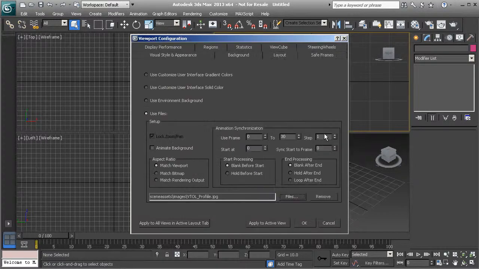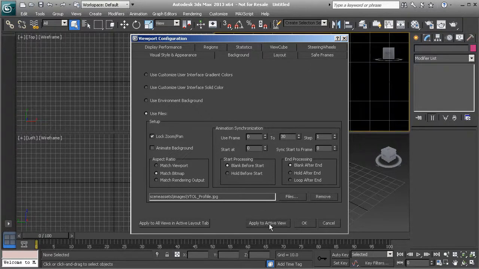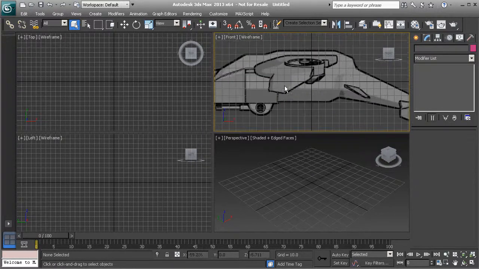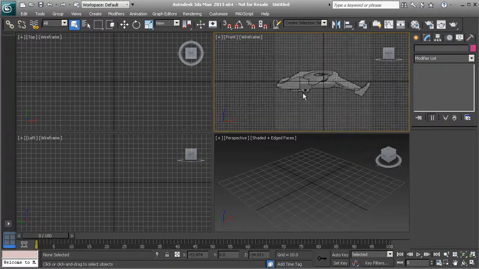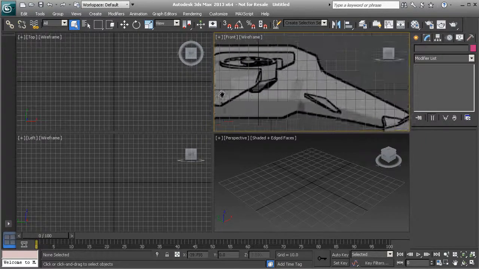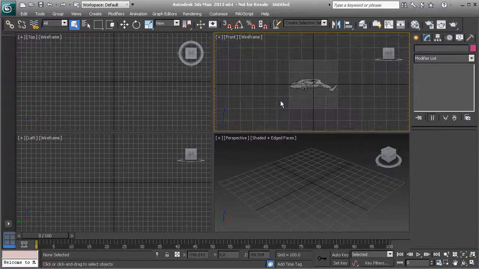hit Open. Now once you have added that, you need to have Lock Zoom Pan turned on here. Now if this is not turned on, you need to make sure that you have Match Bitmap selected. Okay, so make sure that that is checked. Alright, now once that has been checked, we want to apply to the active view, and then we'll hit OK. Now if we zoom out here, you'll see that our image has been applied to our background, and we are able to pan around, and it stays in its relative position, and we can zoom out and zoom in on